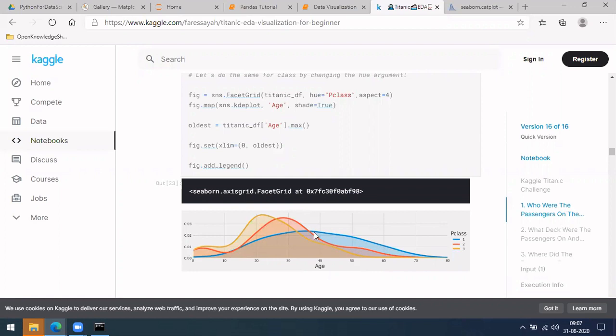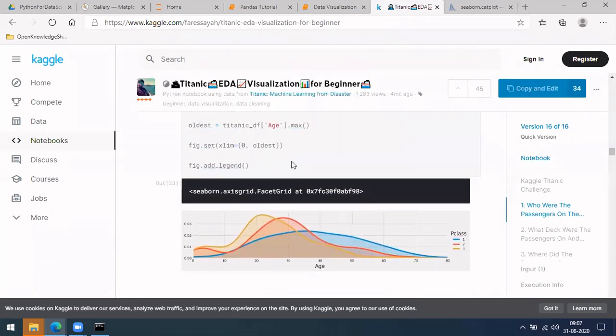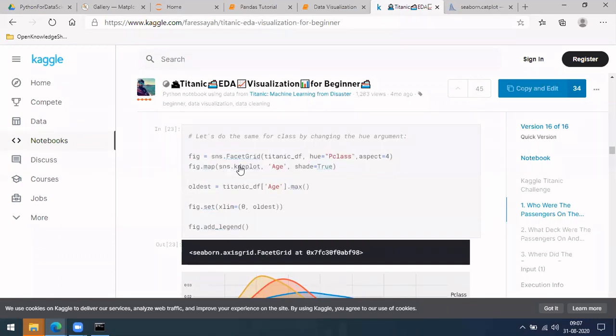This is ticket class one, class two, and class three. For that, they use sns.kdeplot, and depending on age, they are plotting the different ages at each level. So for ages, it is trying to do this plot. What plot is this? This is a FacetGrid with a KDE plot only. If you see, it's a density plot.